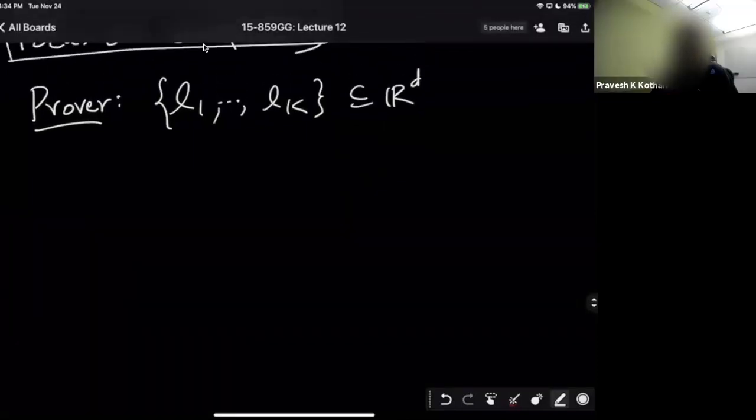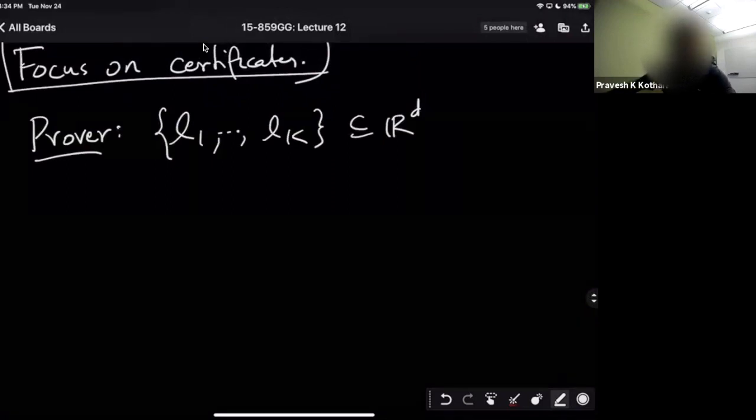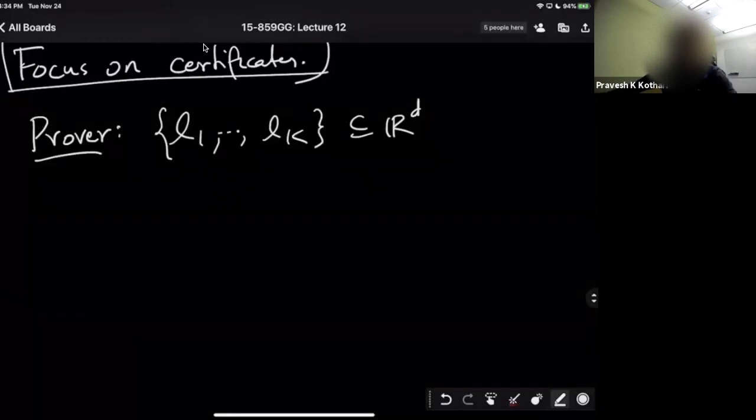Right, exactly. So in some sense, what do I know about my true good great L star? I know that L star satisfies some alpha fraction of the equations. Well, I know that it satisfies the good part, but I don't really know any other property of the good part, so I don't know what to check. So what I can try to check right now is simply to see if each of the Lis satisfies some alpha fraction of the equations, right?